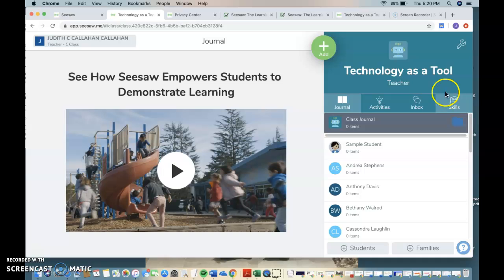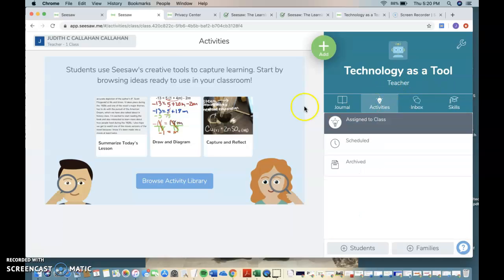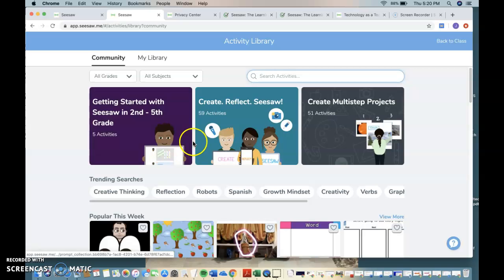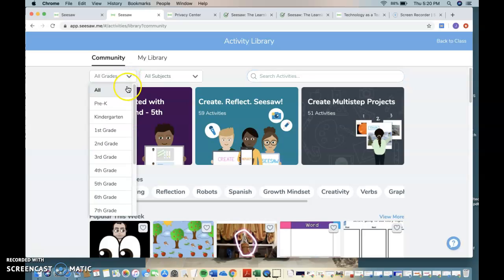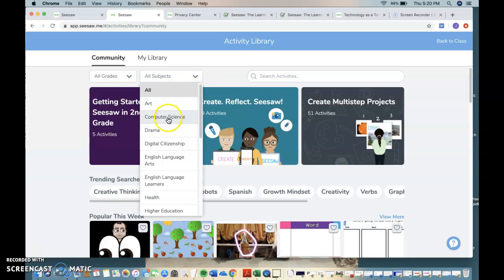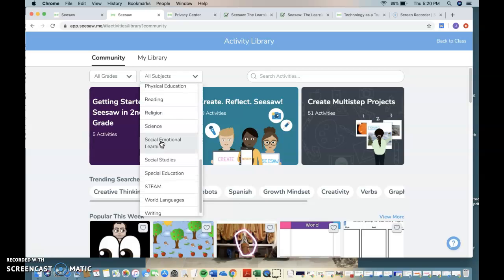So for this, I just want to show you some activities so you can see that Seesaw offers an extensive library of activities to choose from. You don't have to reinvent the wheel here. You can, of course, create your own activity if you'd like, but activities range from pre-K all the way to other. And subjects are identified here, and beyond your typical subjects, ELA, math, science, you have additional ones like social